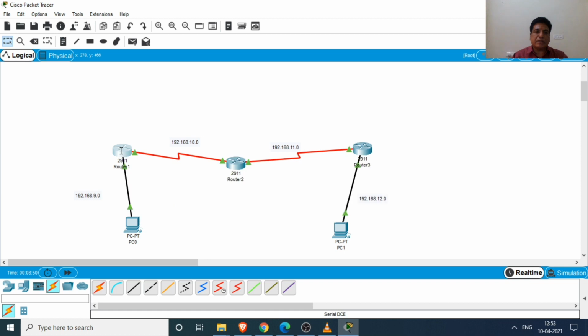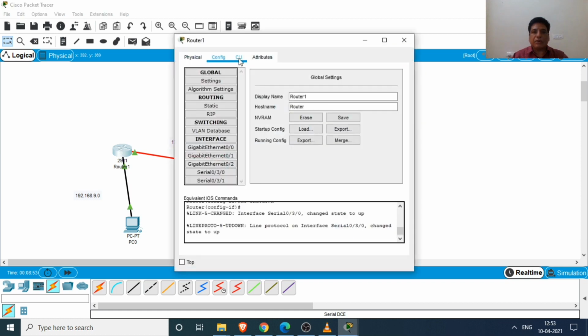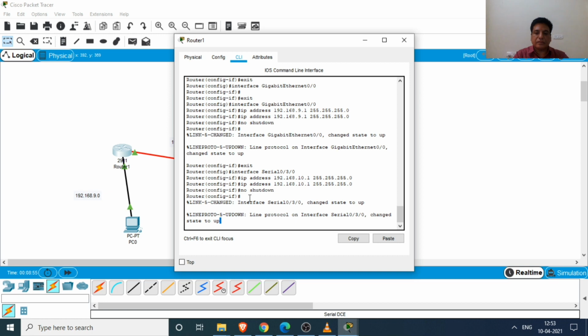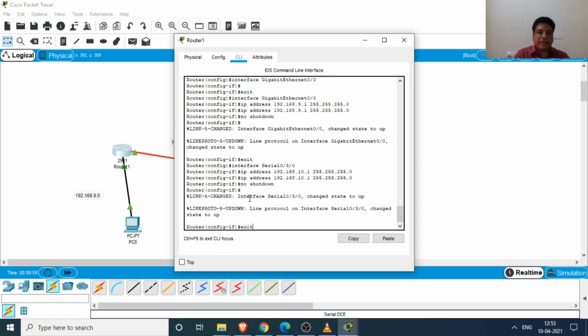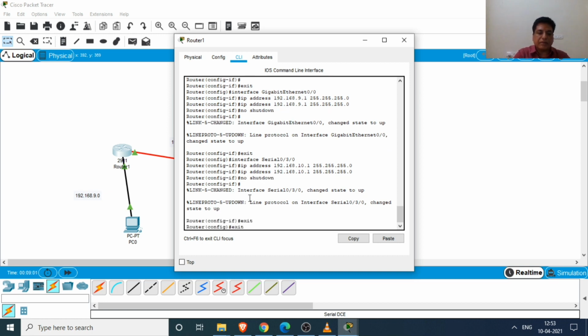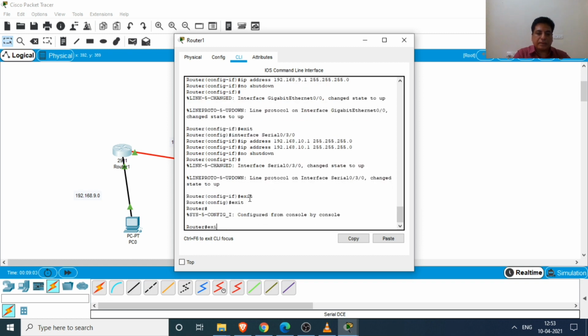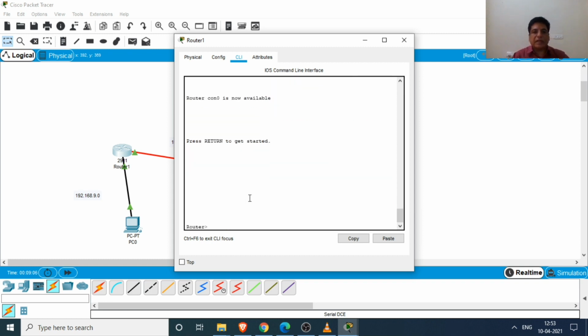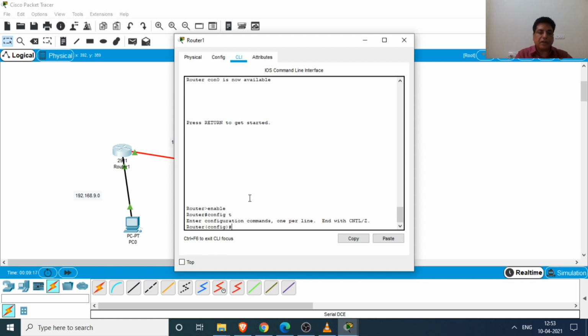So we click on the routers, we come to the CLI mode, use the command exit because we want to enter the privileged mode. First we give the command enable, then we give the command config t, configuration terminal, and router EIGRP, and the number of the autonomous system. We give the number 1.